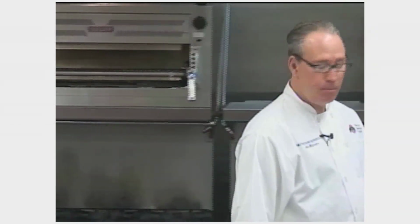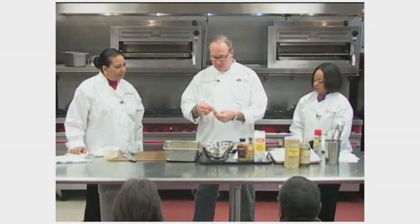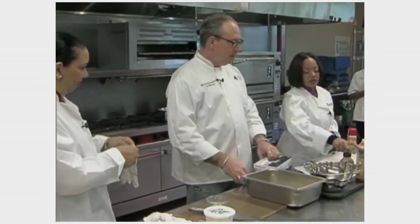And the reason for that is if something has a lot of fat in it, it's usually a muscle that helps propel the animal. Either the legs or the thighs. What we're looking for is, when we use the word tenderloin, that comes from the center of the animal. And by using the term tenderloin, that should tell you that it is tender and ready to go. And by dipping this into the buttermilk, we're going to make this more tender. Okay. And that was buttermilk, and it was mixed with hot sauce and the...